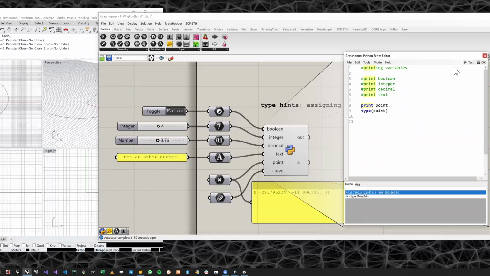If I do just type, nothing happens. I mean, this line is already running, but I don't get any display from it, so I actually have to print the type to get the type, right? Okay, same happens for the curve. I'm just gonna do the same thing here. So if I print the curve that I'm bringing here,